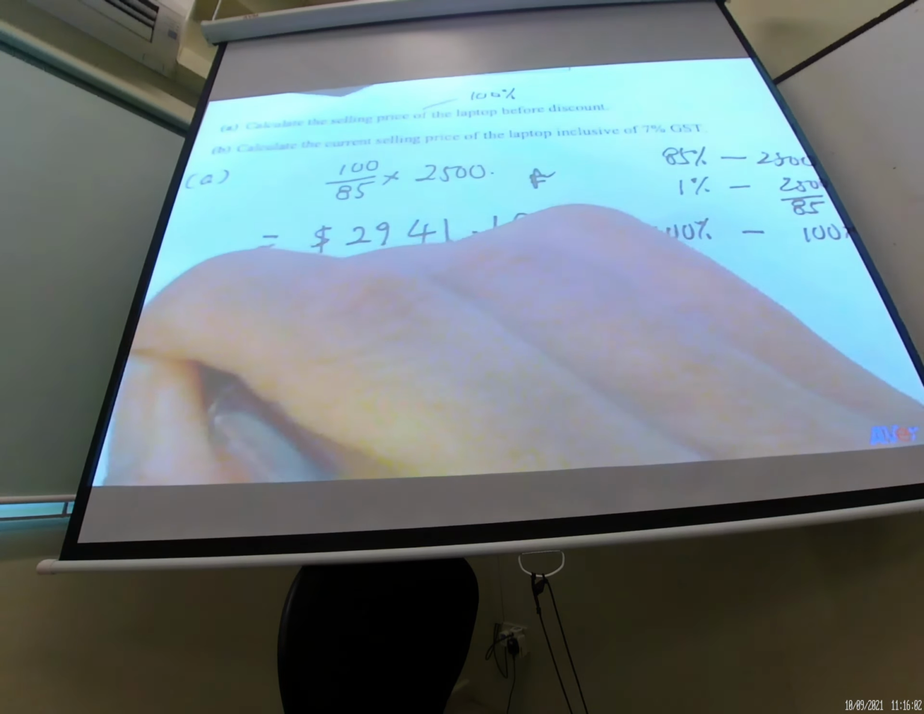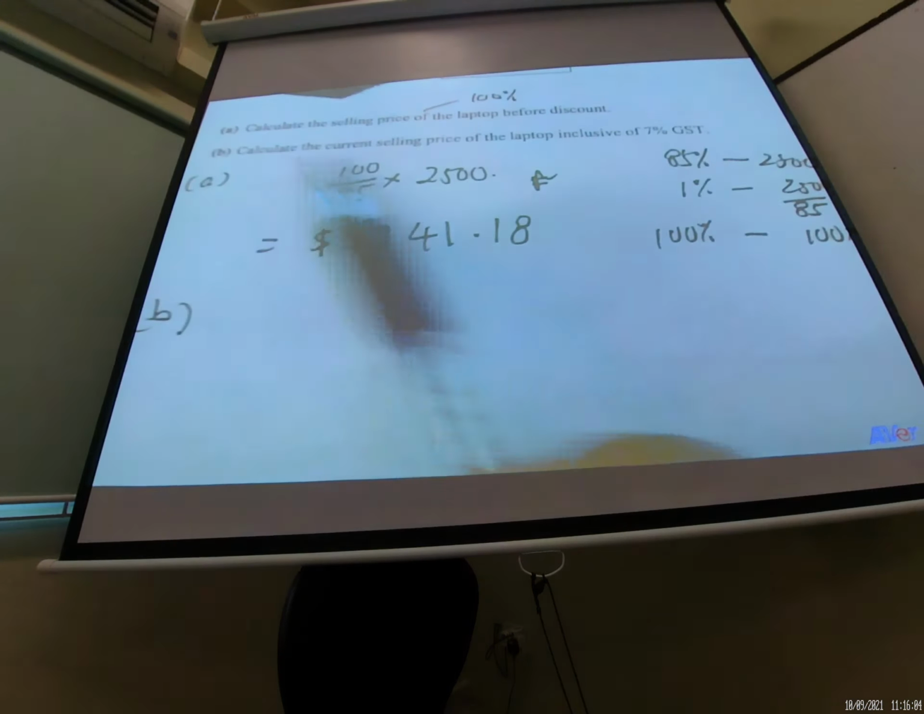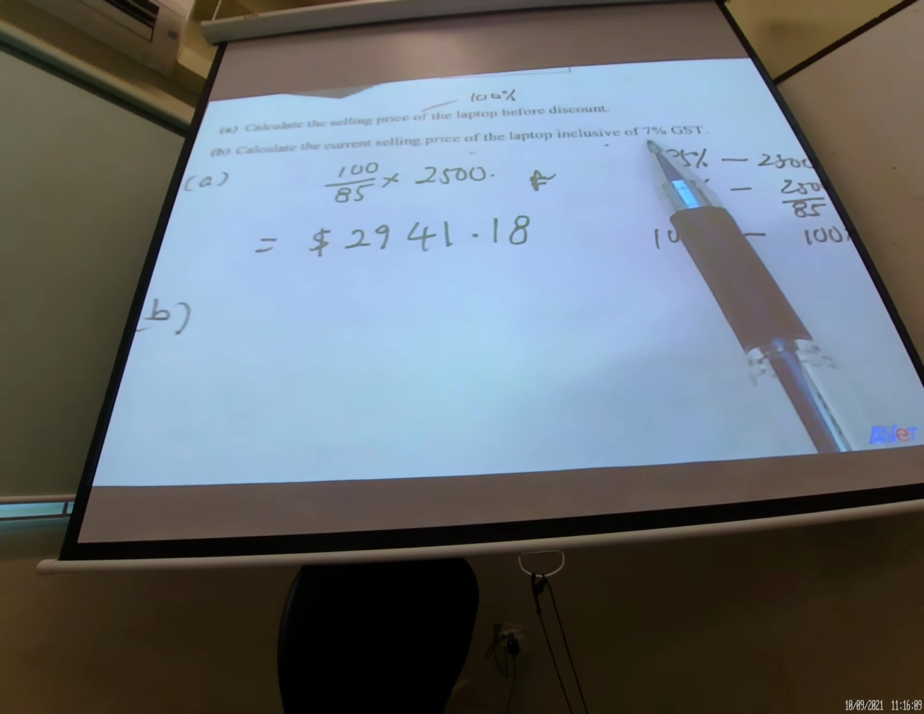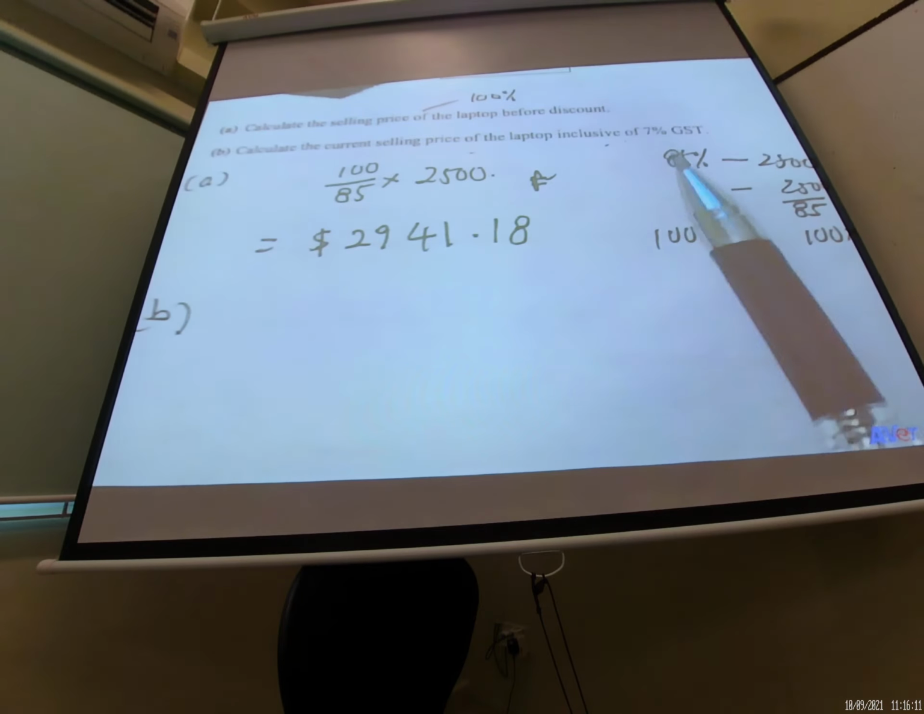Part B, calculate the current selling price of the laptop inclusive of 7% GST. Okay, so now